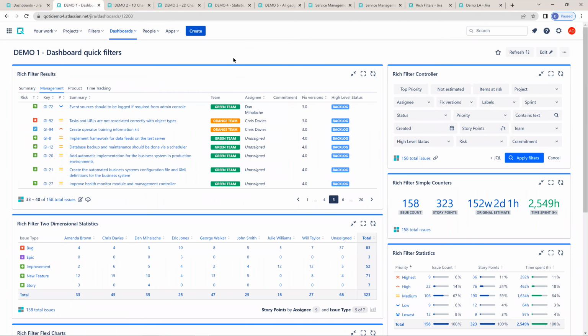Dan, Shauna here. I had a question for the rich filter controller. What's the maximum number you can have? Like as the search, you have a bunch of search as an example here, but what's the maximum you can put in here? As many as you want. We have a limit in the rich filter itself. So in the rich filter,